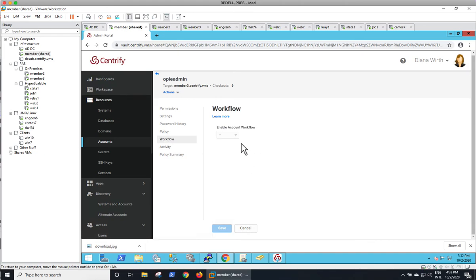This is the overridden workflow. If I wanted to override the global settings, let's just say this was a PCI system and I need 3 approvals, I can override it at the system level. Notice that in the future, this could be set at the set level. There's no date for that, but this is super important to